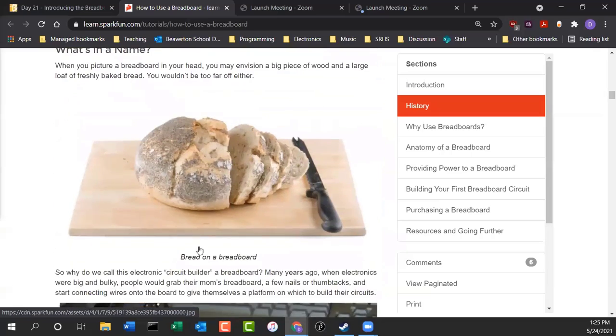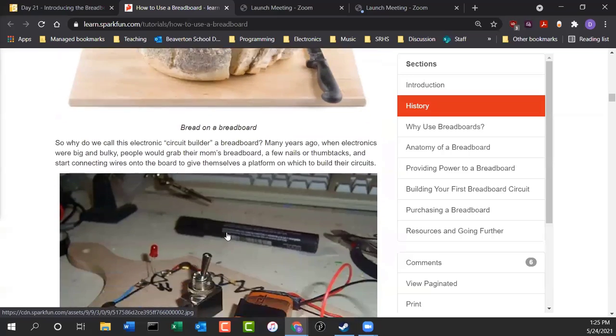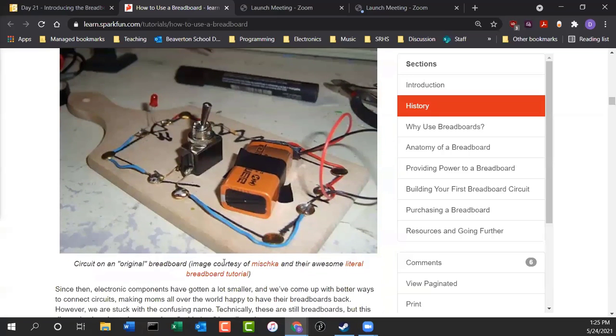And so you might ask, well, why do they call it a breadboard? Well, what you really need is just a flat surface to hitch something to. You have all these electronic components, but what do you do? So what they did was just take a breadboard, and then